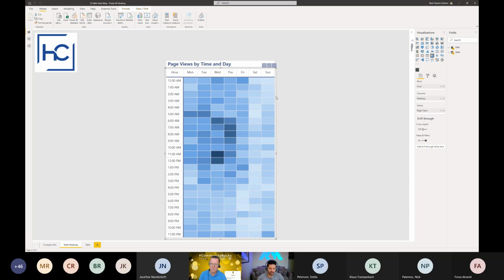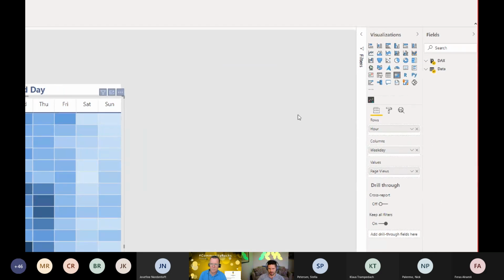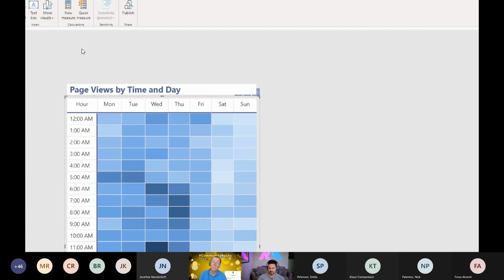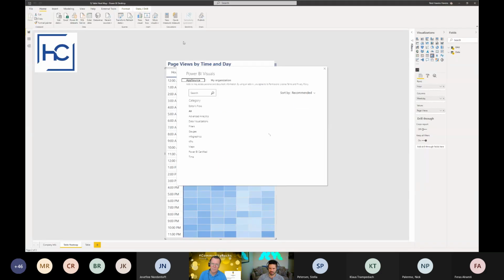I saw on Google Analytics, on their primary landing page, they had this great heat map of day of week and hour of day, and I love this distribution. It's a really great way to see clustering and activity for traffic in a heat map scenario. And I knew that there's no actual heat map visual in Power BI. So my first thought was, all right, I'm going to go get more visuals and see what is available in the visuals store.